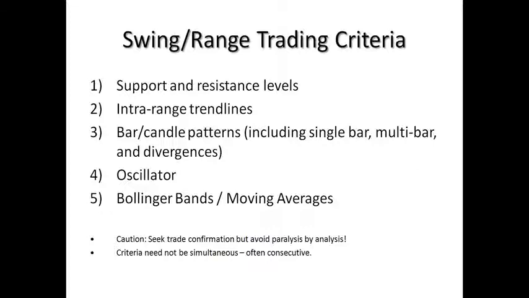Also, I use what are called price oscillator divergences to give me a clue, or a warning, that perhaps price action will turn. These are all coming together. All of these clues are coming together to give me what I call confluence. And what is confluence? Confluence is simply a coming together of different technical factors